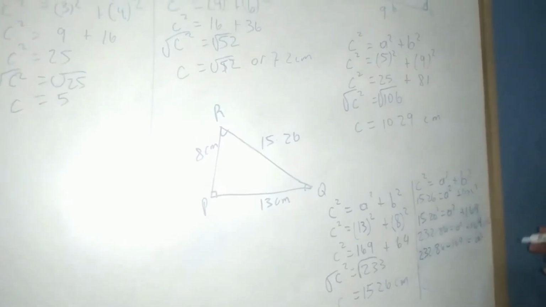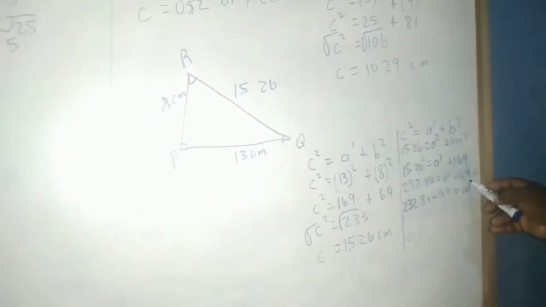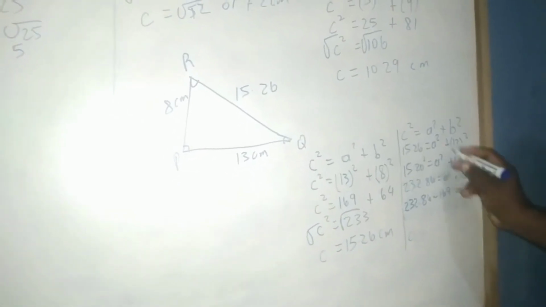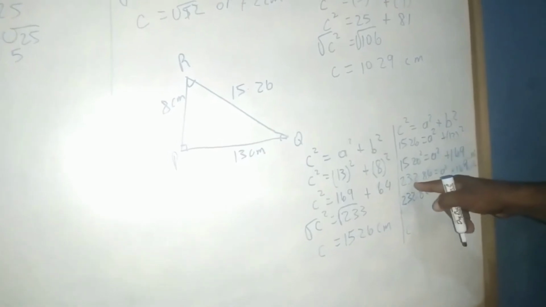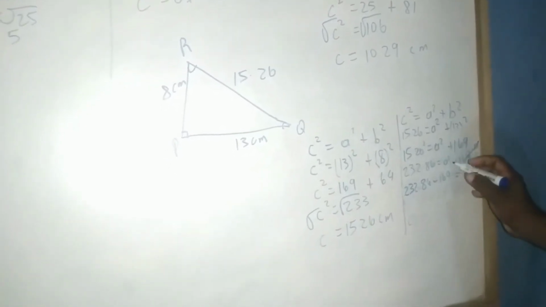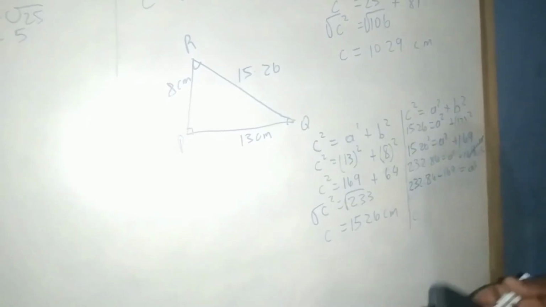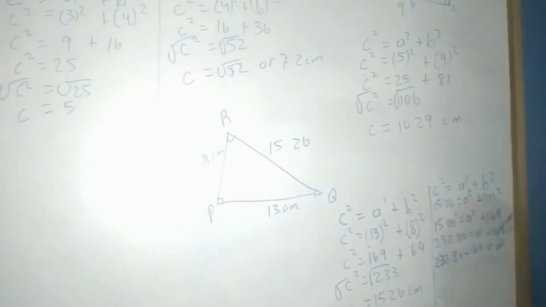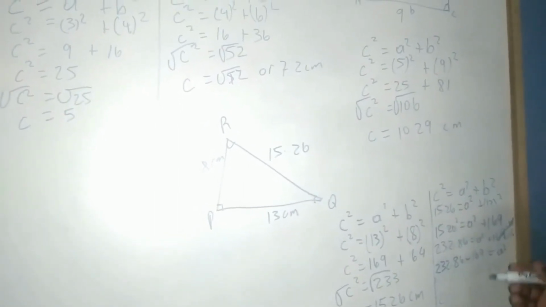And why we did it this way is that it's less for us to subtract the 169 from this side and bring it over this side, right? So we have 236 minus 169. This will be cancelled over this side, and we'll be left with the a squared by itself. We have this minus 169, and we are left with